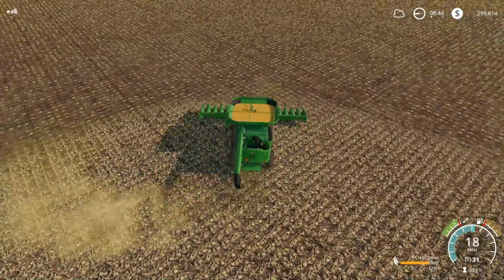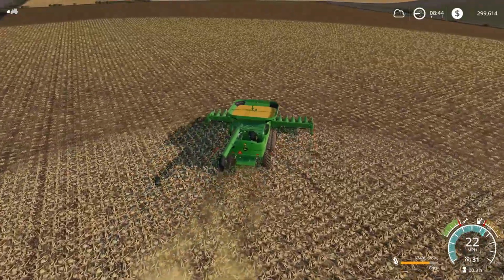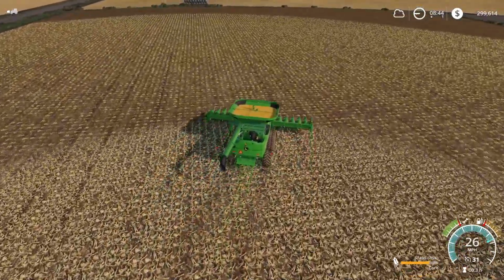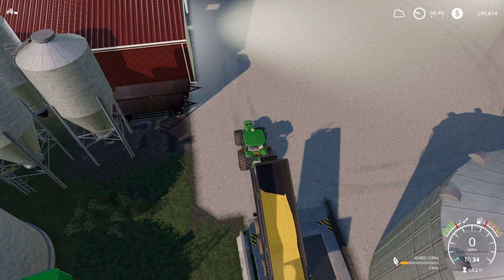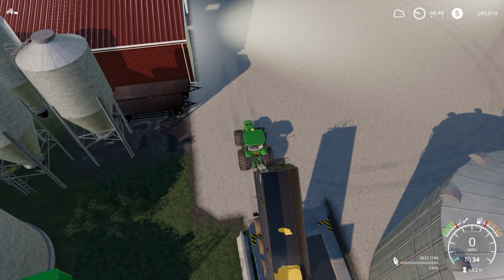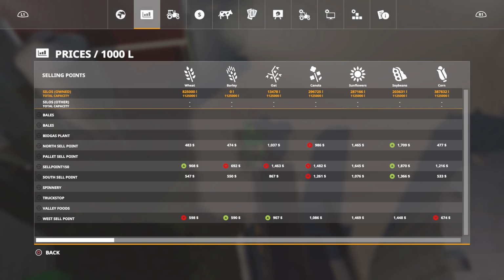Let's raise that guy up there. Let's zip over here, unload it, and then we can see exactly how much crop we got off of this field. Corn is going in the silo, and there we go, and it is done. So how much did we end up with here? So we've got